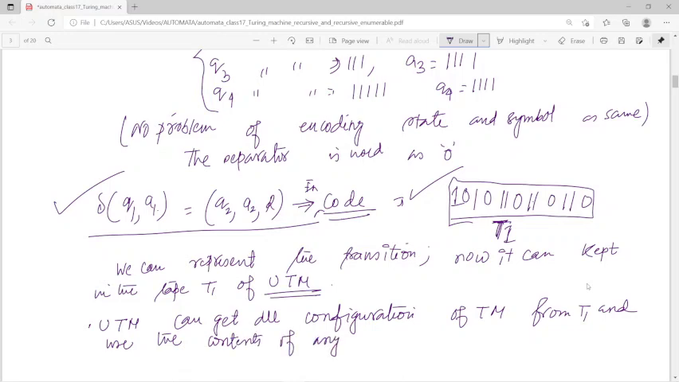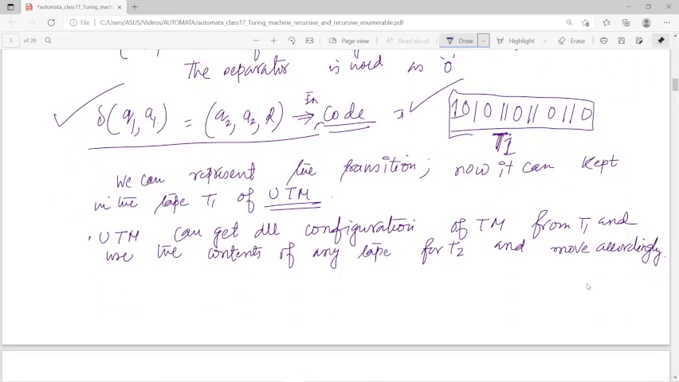of any tape for T2 and move accordingly। তার মানে আমি T1 এ তো সমস্ত টিউরিং মেশিনের রিপ্রেজেন্টেশন স্টোর করেছি। টিউরিং মেশিনটা কি করবে, প্রথমে টেপ কন্টেন্ট থেকে T2 তে আমি ইনপুটটা নিচ্ছি, ইনপুট দেখবে, তার সাথে ট্রানজিশনসটা দেখবে, সেই অনুযায়ী পারফর্ম করে T3 তে যদি কিছু কাজ করার থাকে করবে। So every Turing machine, এখানে মাথায় রেখে, every Turing machine can be represented